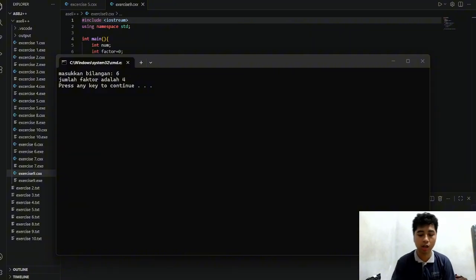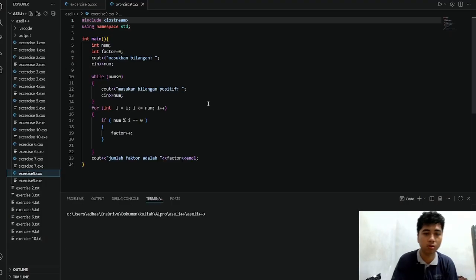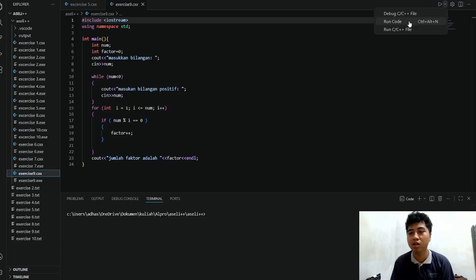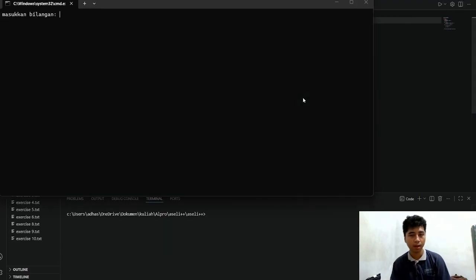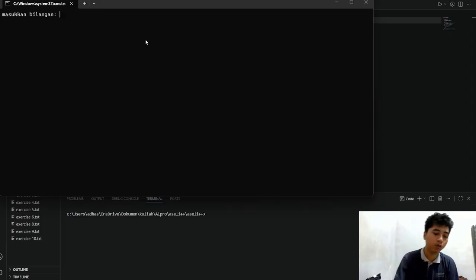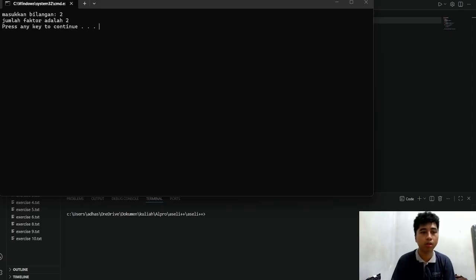Let's try another. We need to run the code again. I will try 2. Then the jumlah faktor is 2 because 2 can only be made by 1 multiplied by 2 and 2 multiplied by 1.